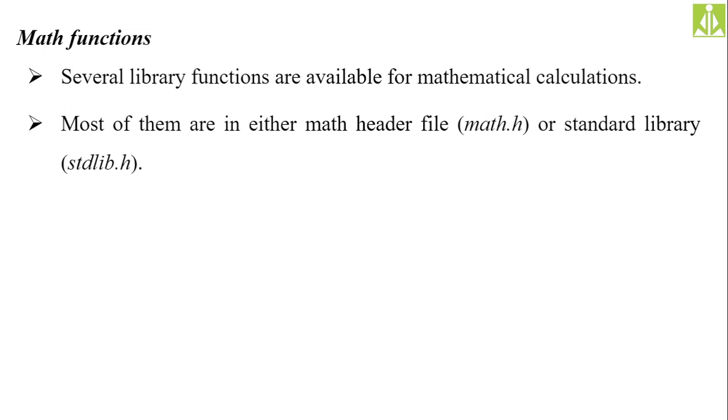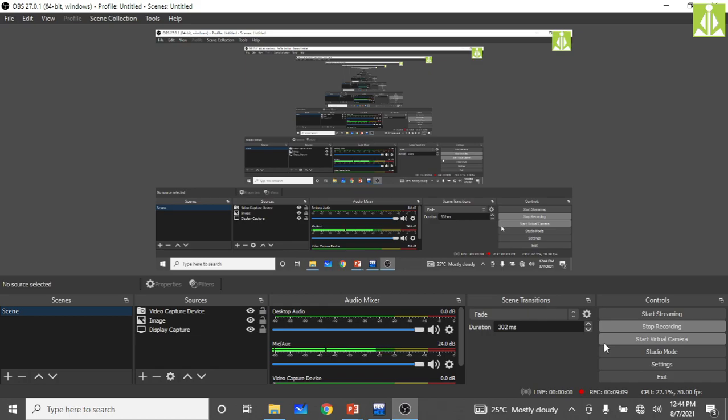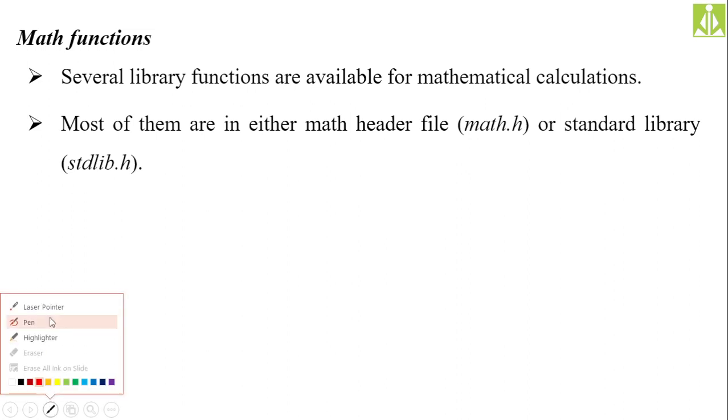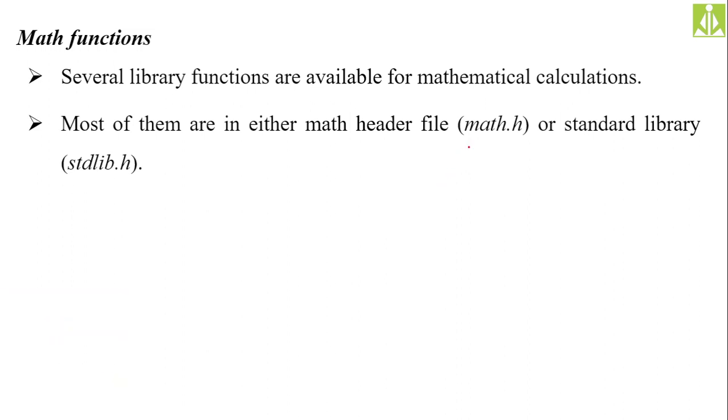In some compilers, you may find the definitions under the math.h header file, or in some compilers, you may find the definitions in the stdlib.h, standard library header file. So you have to remember both these library file names. The first file name is math.h, the mathematical header file, which holds all the mathematical standard function declarations. Another one is stdlib. We need to remember both in order to work with them.